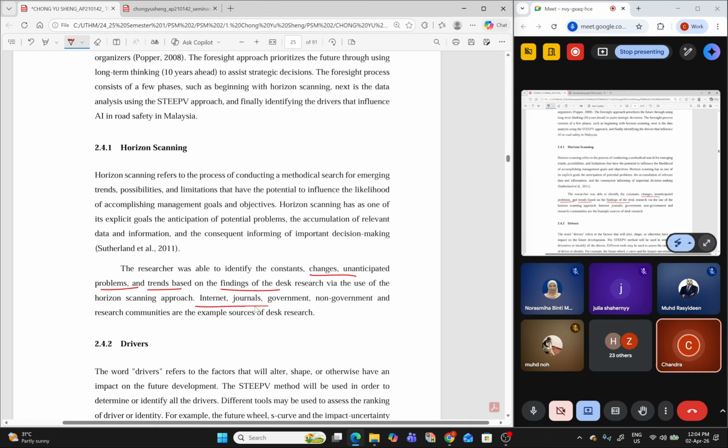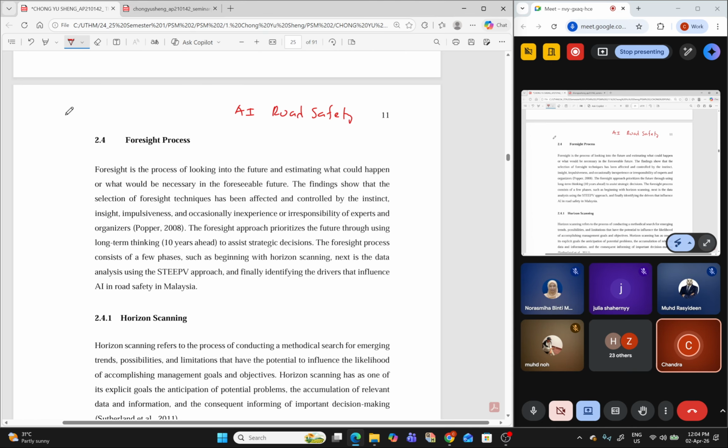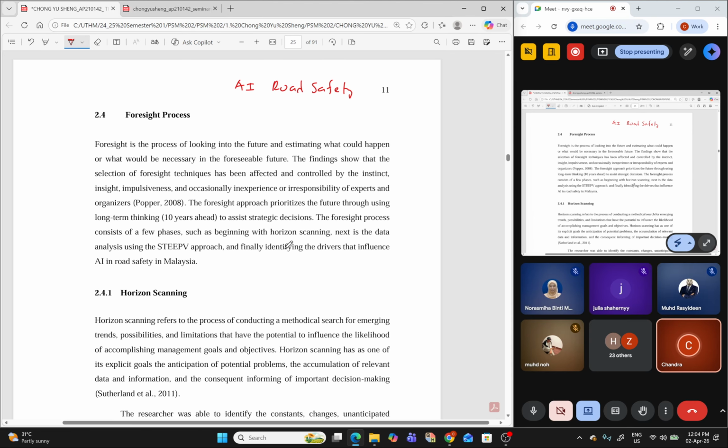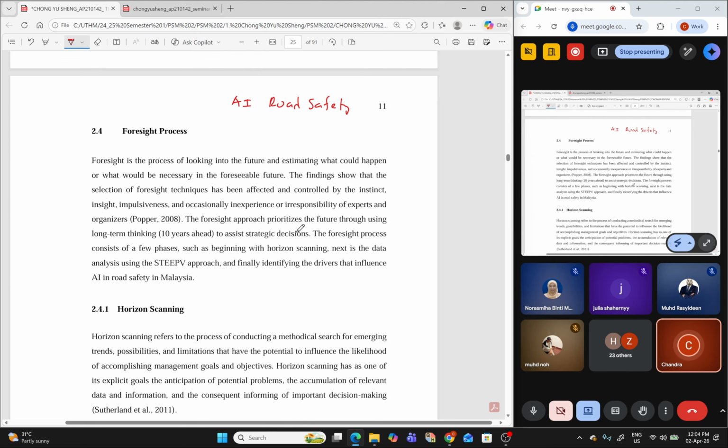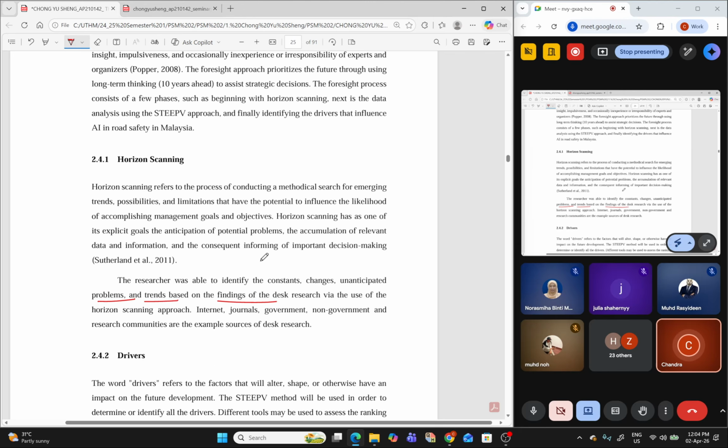Based on this, you can go through semua ni untuk cari apa? Cari the challenges, apa-apa yang berkaitan dengan artificial intelligence in road safety. Boleh faham? So you akan cari semua horizon scanning. Ini tajuk dekat sini artificial intelligence road safety, so we will base on this now.